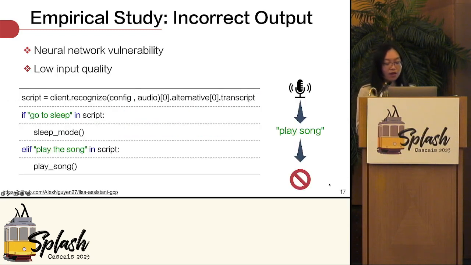And second, the low input quality. Sometimes the software input does not contain enough information for ML APIs to perform their cognitive task, like a blurry photo or a noisy audio clip. Here we illustrate a voice assistant application. It records the user's voice command and uses the recognition API to transcribe speech into text strings. It is supposed to play music when the user says, "play this sound." However, the ML API often wrongly recognizes it as "play sound," missing a character from audio clips with a high speaking rate. This small mistake caused the software to misbehave, not playing the music when it should.